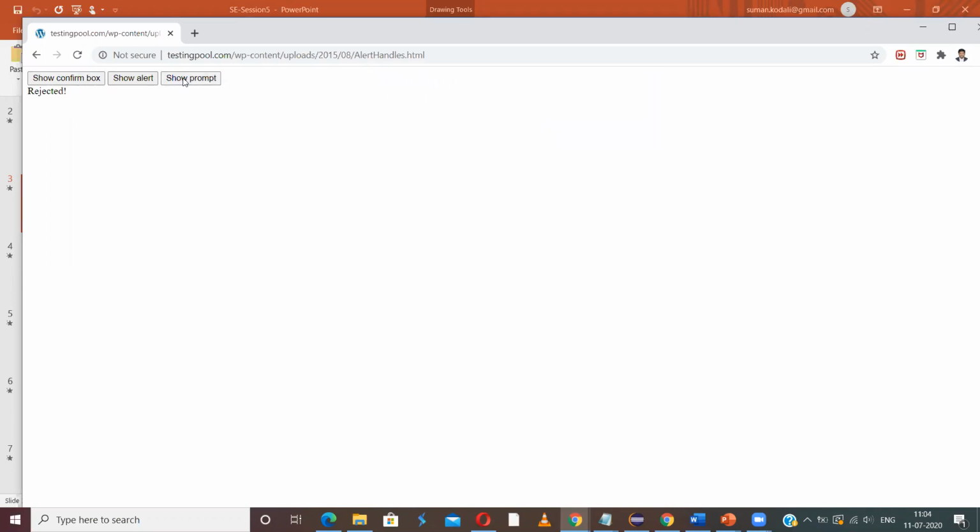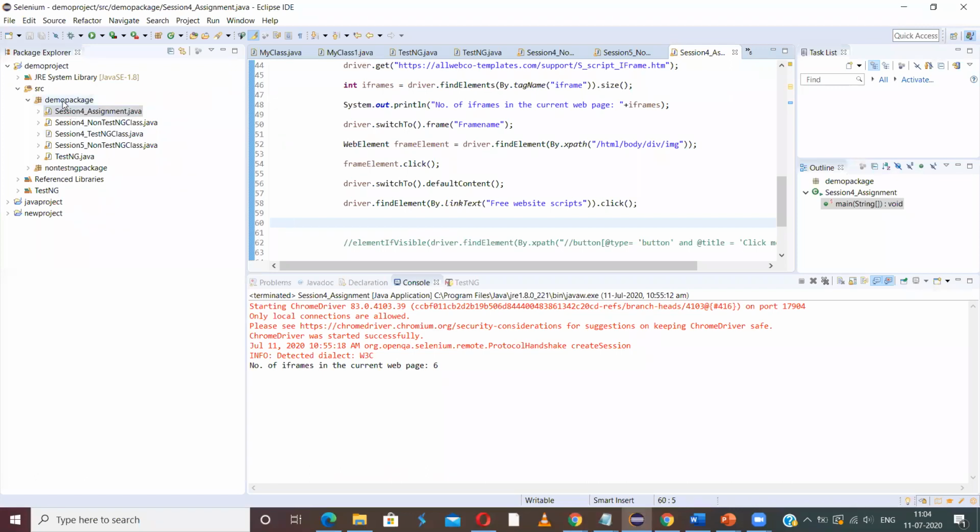And prompt is something where we need to enter some text in addition to just clicking yes or no or OK or cancel. We have to enter some text also. So this we'll see with the examples. Let me open my Eclipse and write a program for this.